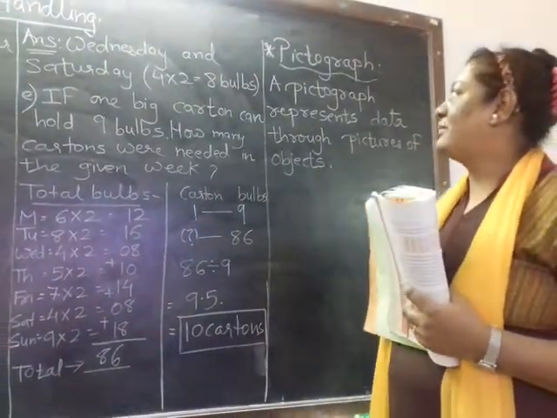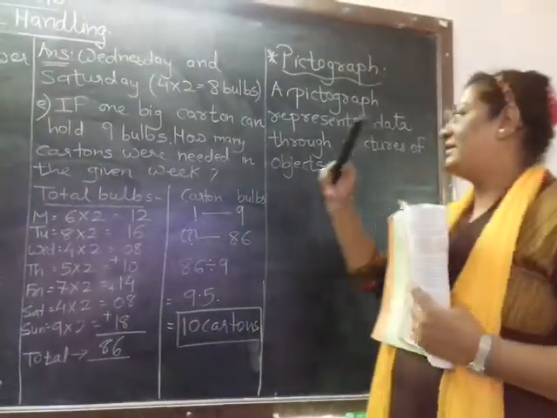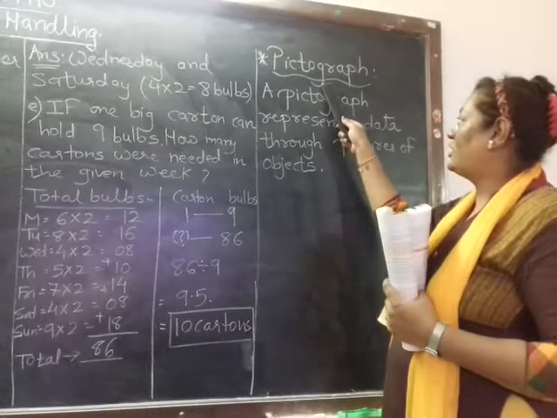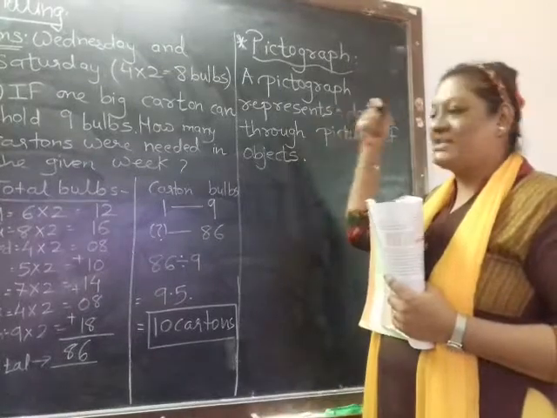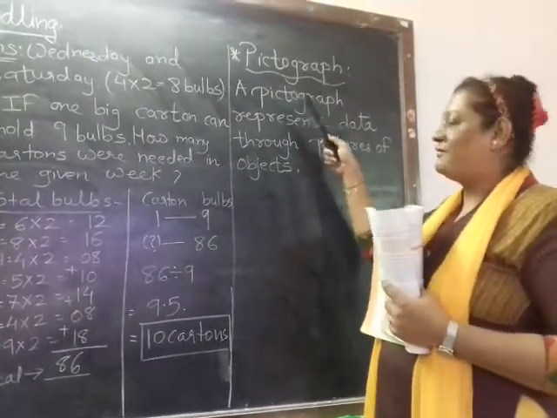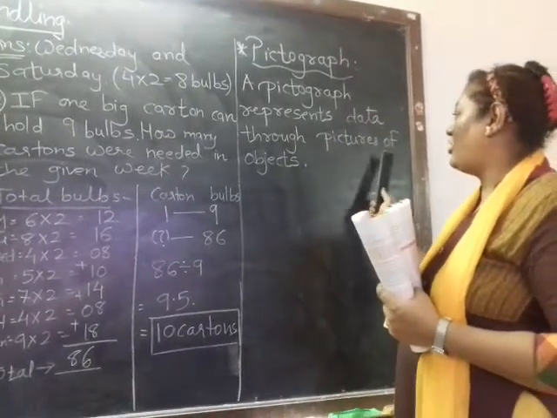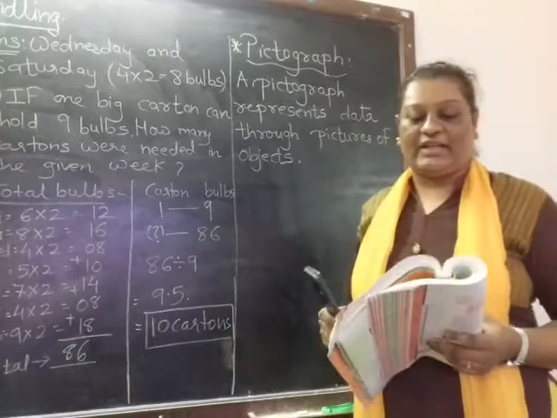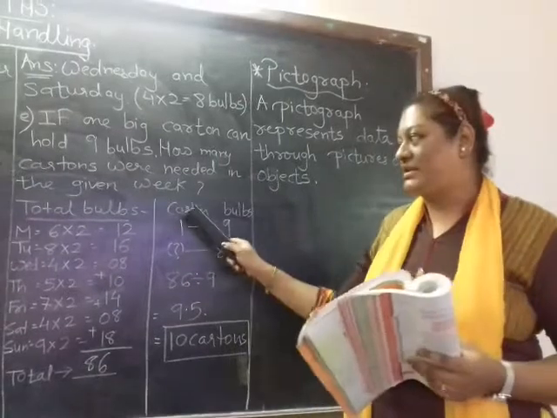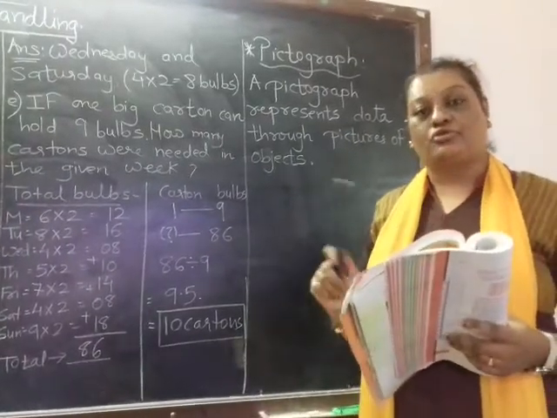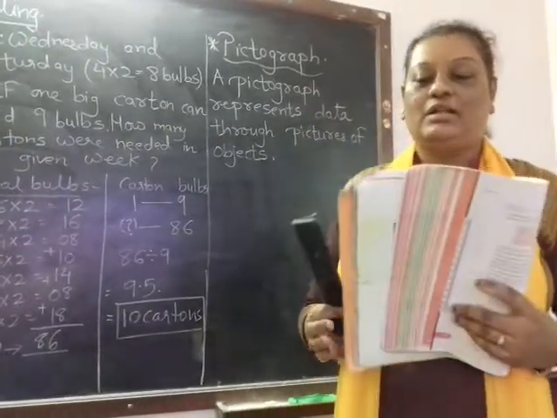Okay, now I further proceed with pictographs and exercise 9.2. Before going on to 9.2, how do you understand a pictograph? A pictograph itself gives a definition. A pictograph is related to pictures. So a pictograph represents data through pictures of objects. One part we had already seen in 9.1, where the pictograph is given, that is, the pictures were already drawn and we have to answer the questions. Coming on to the second, where we have to draw the pictograph, that is, we have to draw the pictures as well as answer the questions.